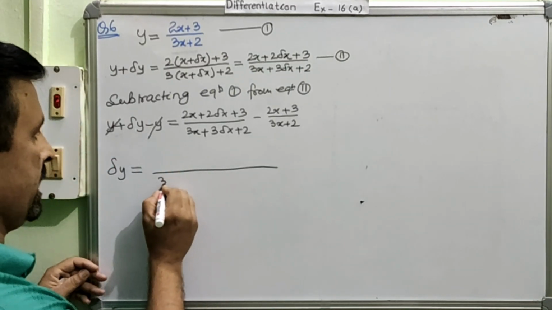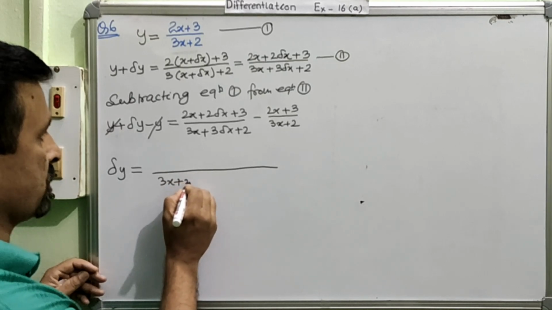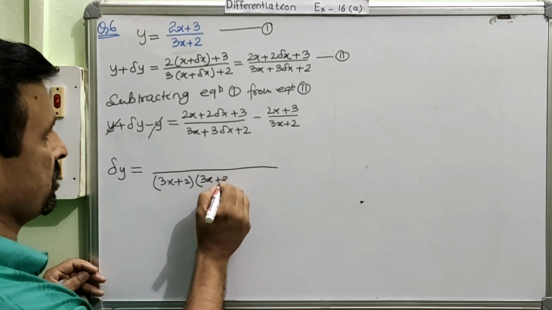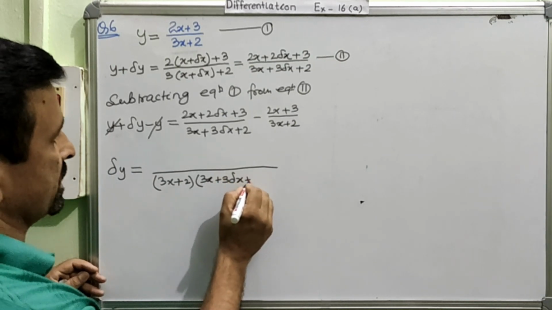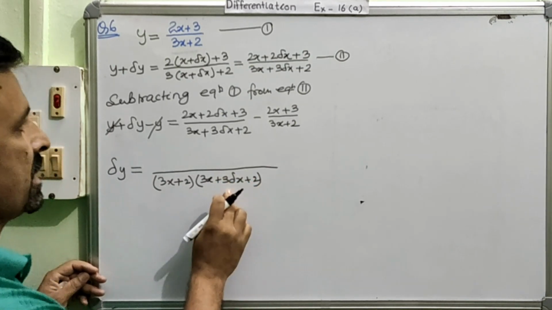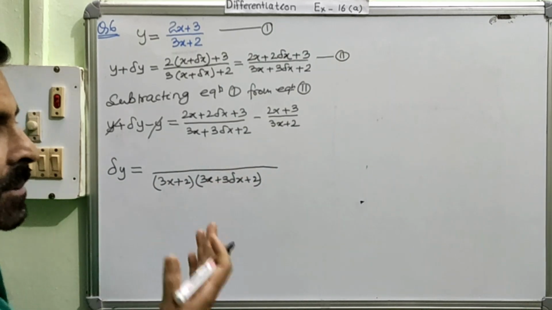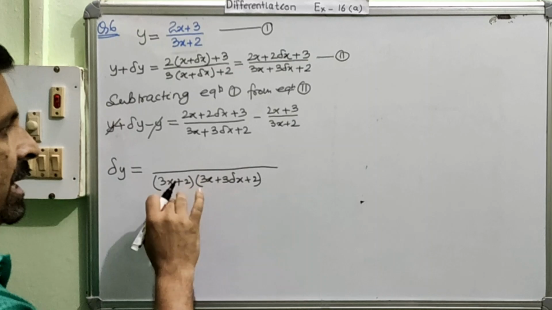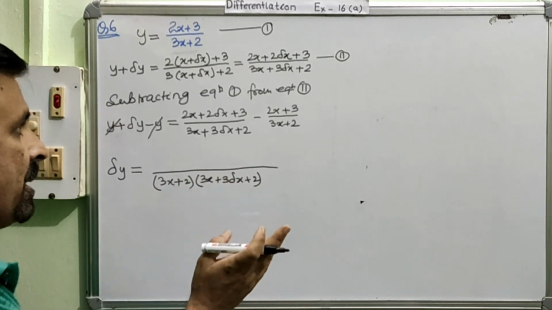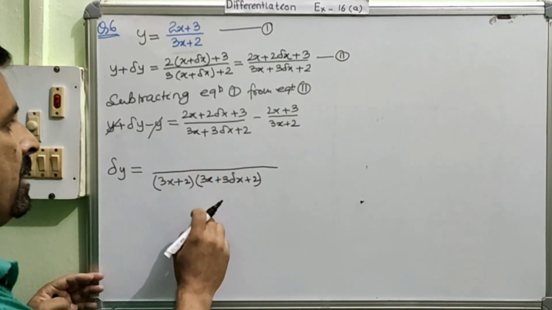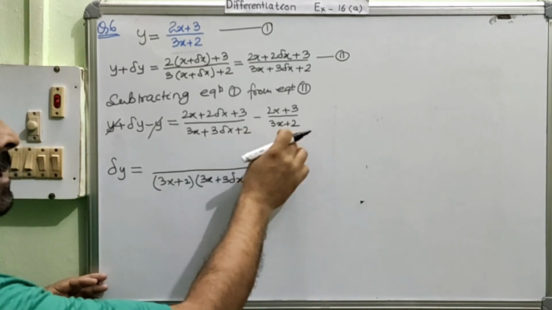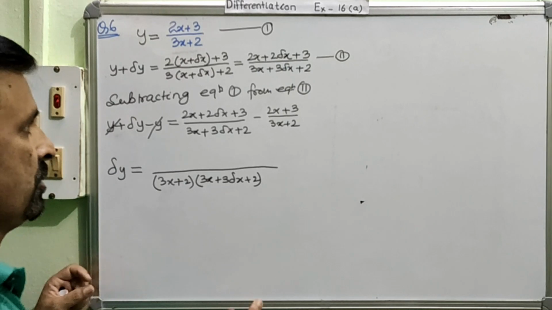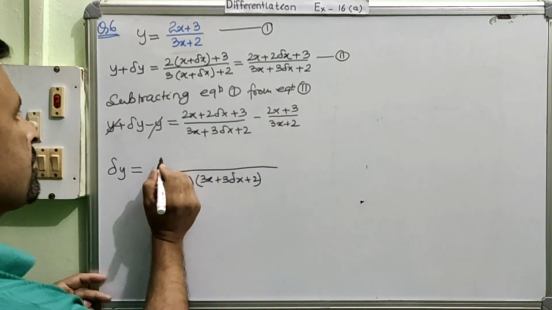So it becomes (3x+2)(3x+3Δx+2). Now when you are writing this product of these two numbers, you know multiplication is commutative, order does not matter. So any of these two numbers I can write first and next, right? So don't be surprised. Now I am going to find out the numerator. Since I have got this LCM by direct multiplication, numerator we can get by cross multiplication. Every now and then I used to remind you. So let us go for that.